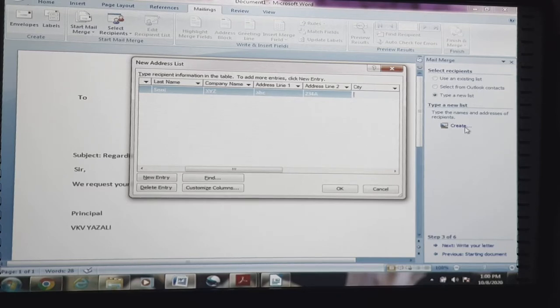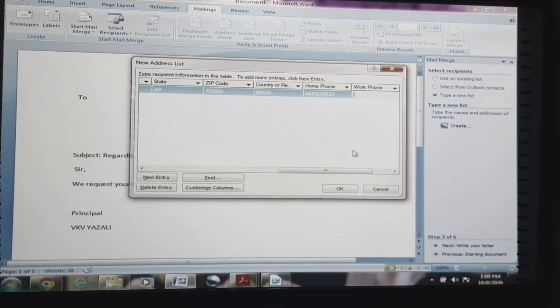Then city Nagar, state AP, zip code 79201, country India, home phone, anything you have inserted.